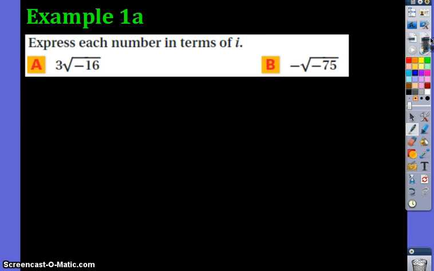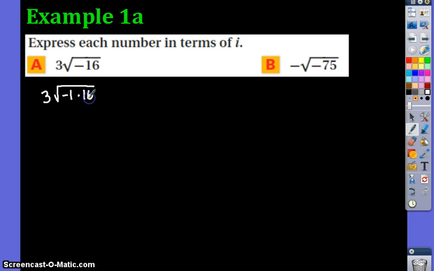We'll talk about why this idea of imaginary numbers is important when we get to class today, but right now let's just look at some of the mechanics of working with them. So first up, we've got example 1a, which is 3 times the square root of -16. We're taking the square root of a negative number, so that means we're going to have the imaginary unit in there. Another way to think of this is really just 3 times the square root of -1